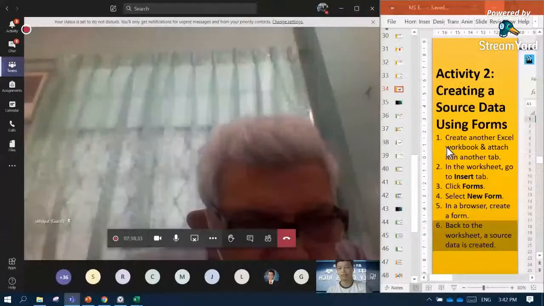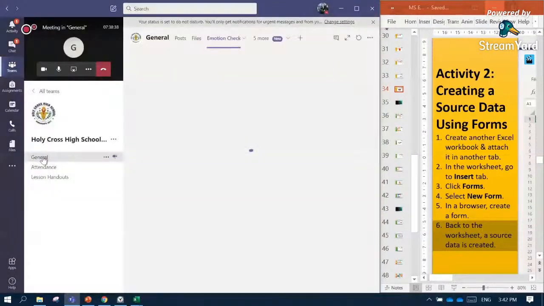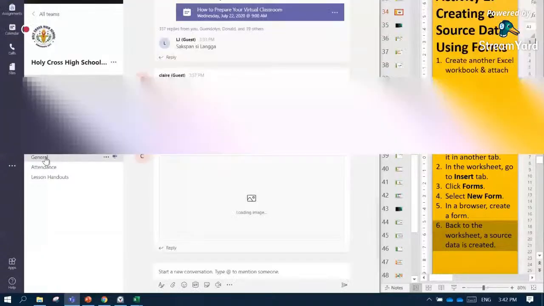The same with the first activity, we will go to our team. Then in the general channel, you will go to the Files tab, click New, and select Excel Workbook to create an Excel workbook.